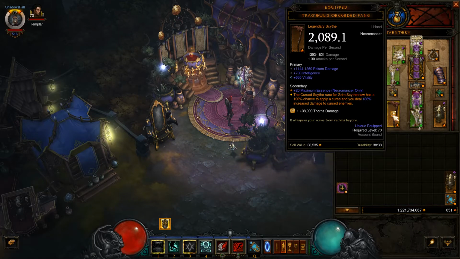For this, Intelligence, Vitality. Maximum essence doesn't really matter too much for this because once again we're not using it. If you do modify this build and you use that one scythe that gives you bonus damage per your maximum essence, then maybe. But for this, it's not really needed. But I did need the vitality on here just for the extra Thorns damage,